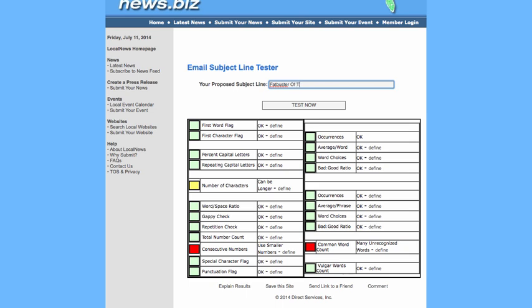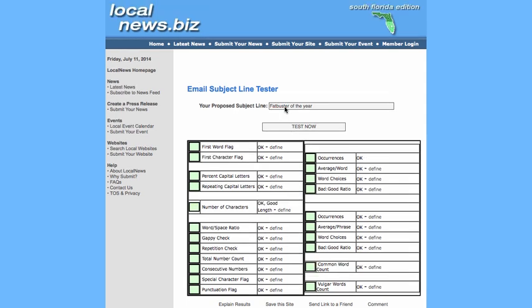of, how about this? Because I know that if you keep putting capital letters, it's going to kick back as well. Fat Buster of the year. Let's test that, and in common words, okay, let's see how it does. Boom. All green, all good to go. That is going to be your title. So whatever you come up with off the top of your head, test it in here and see how it does.